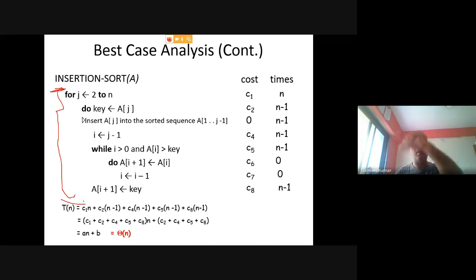So one array should be a best case. For example, if the elements are in increasing order, maybe that array will be a best case for the given algorithm, insertion sort or bubble sort. Another array that you have taken may be an average case, or maybe the worst case for that algorithm. So you need to check carefully what input should be best, what input should be worst among these three, and what is the average case, and whether it gives the same realization that we are expecting in order terms. Those order terms are publicly known.